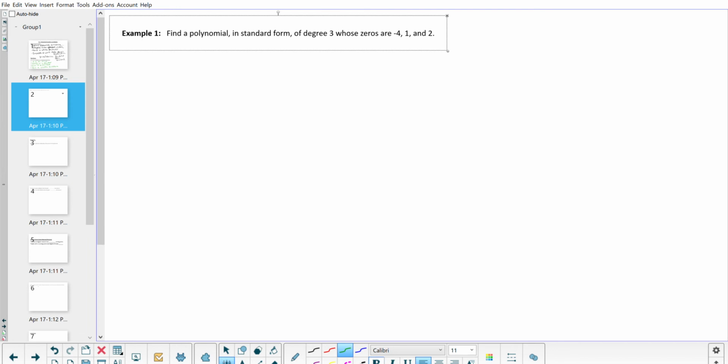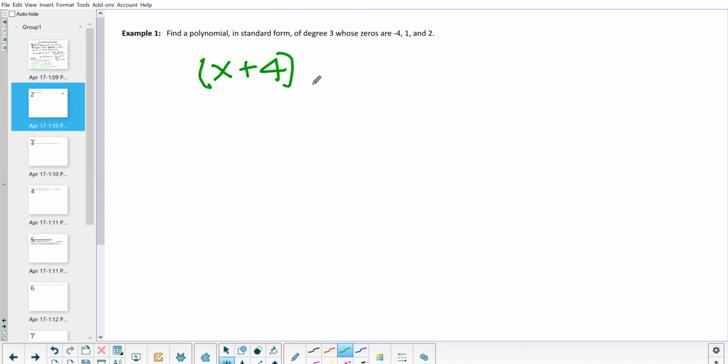Well, if those are the x-intercepts, those are the solutions, then what that means is that x plus 4, x minus 1, and x minus 2